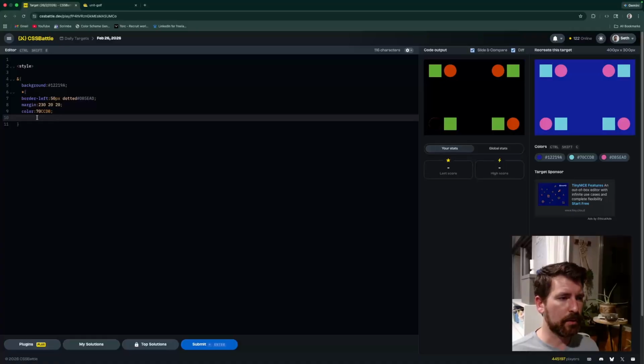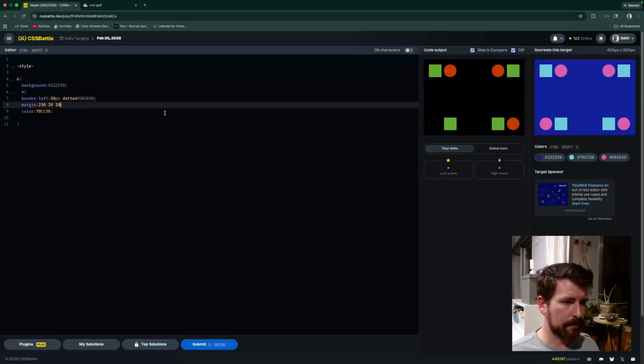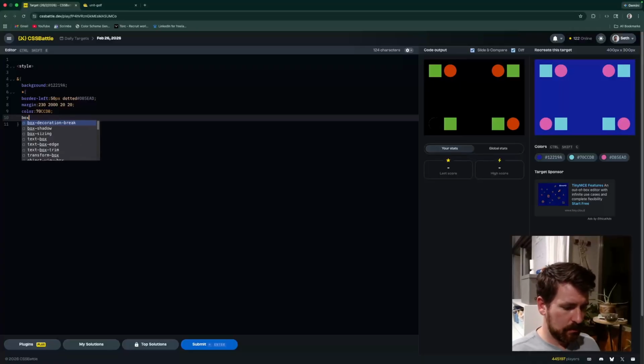We are going to do a WebKit box reflect on the body. So what's going to happen is the right hand side, like 200, and the left hand side will be 20. What I'm going to do is box shadow inset